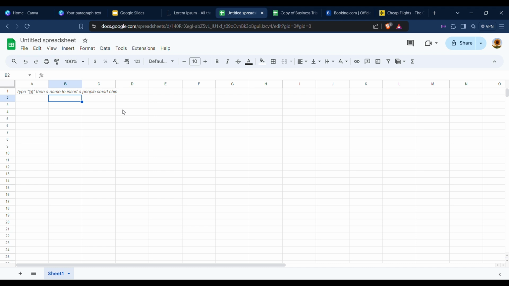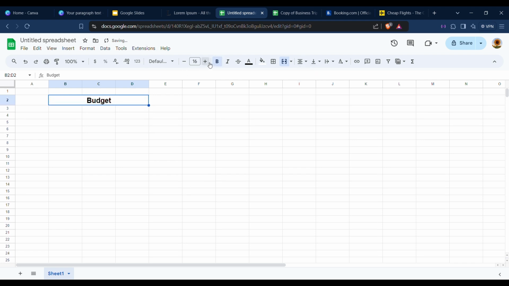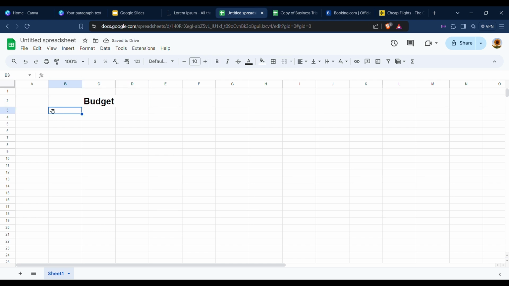Always start on B2 just for the sake of the tables and bordering. You'll see what I mean. So I will create this budget and I want to center align it over these three cells. So I'll just select everything and go to the merge icon, merge cells, and then center align, go into the alignment, center align it, make it bold, increase the size. The things they've told us to add to our budget is the visa application process,